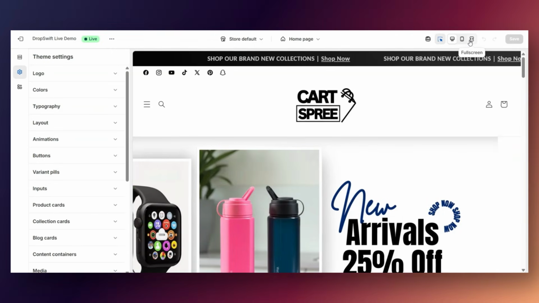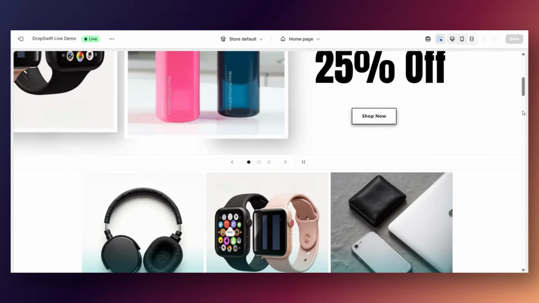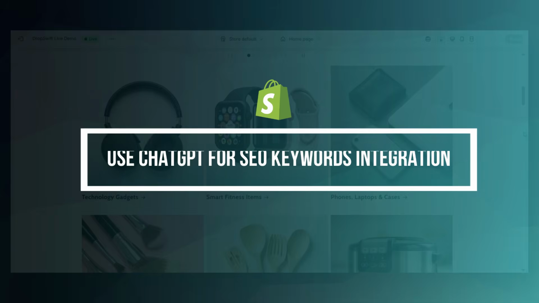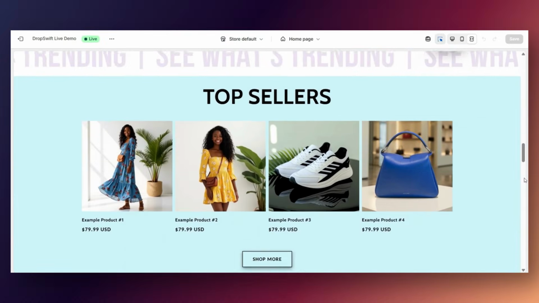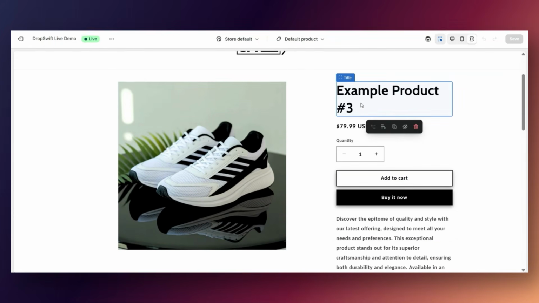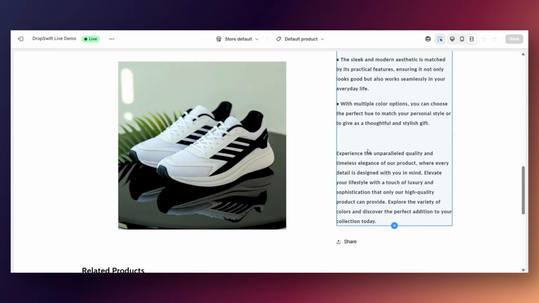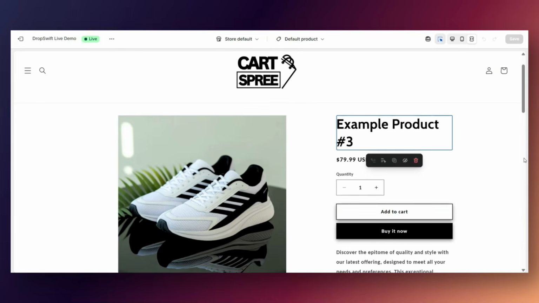The first way that you can use ChatGPT to help you push your website out there and increase your store sales would be to use ChatGPT to write your website's SEO terms and keywords. On your product page, there are two places where you can put SEO terms and keywords, and that would be your product's title and also your product's description. I'm going to show you just how to get those SEO terms and keywords to help your product rank in